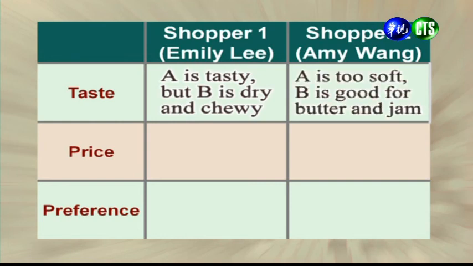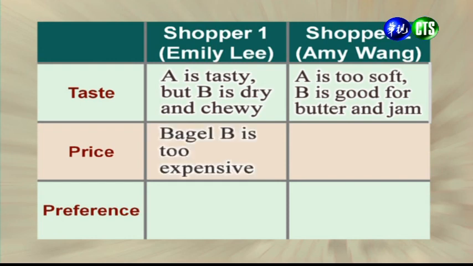And then if we find out what shopper 2, who's Amy Wang, thought, she said that bagel A was too soft and bagel B was better for eating with butter and jam. 好，那如果我们再看看这个第2个消费者他的名字叫做 Amy Wang，那他觉得呢 Bagel A 呢它吃起来太松软了。Bagel B 呢这是比较容易有嚼劲，而且呢比较适合搭配着奶油跟这个果酱呢来做食用。